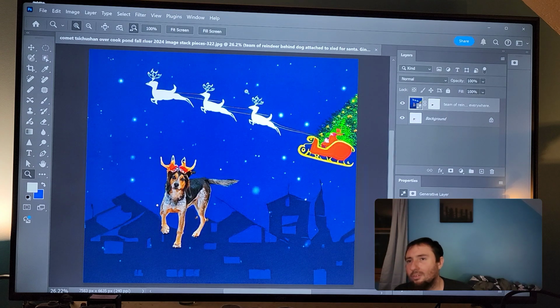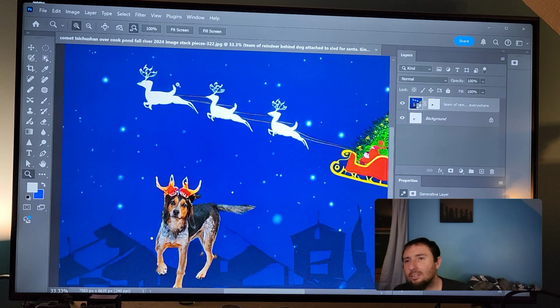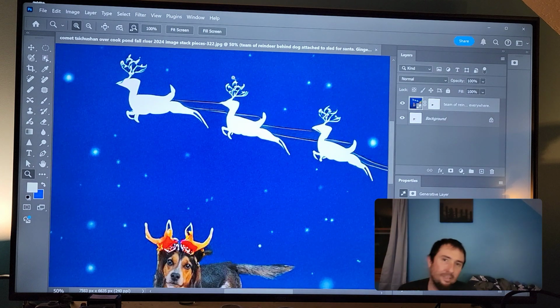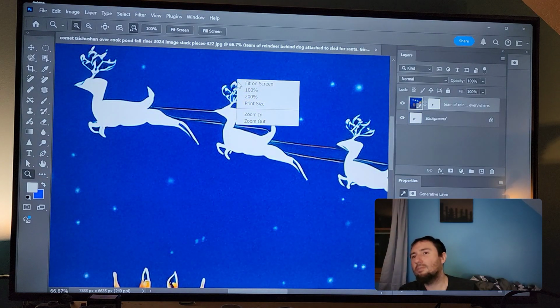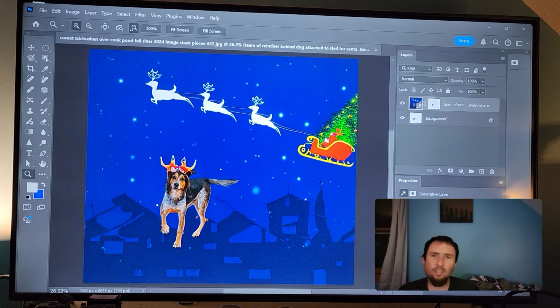See, now they look normal. Look, the antlers look beautiful. Look at this. Gorgeous. But then you start questioning, why does a dog have a crown? Shouldn't it be antlers? Oh, wait.